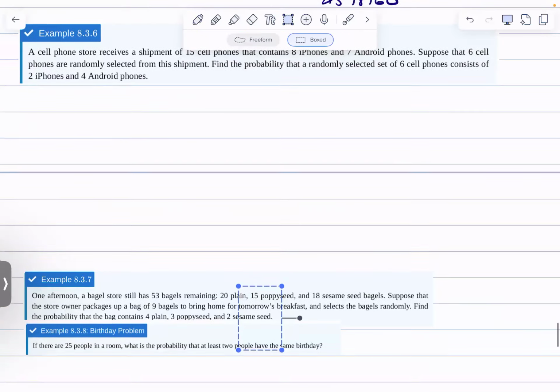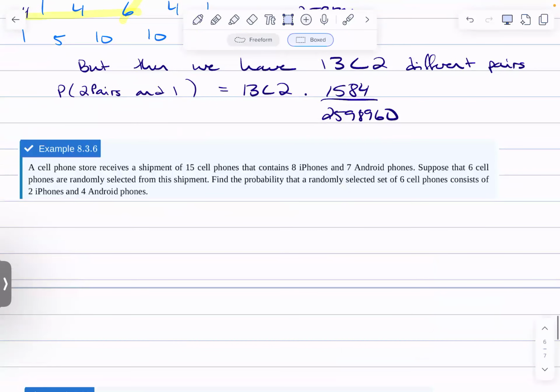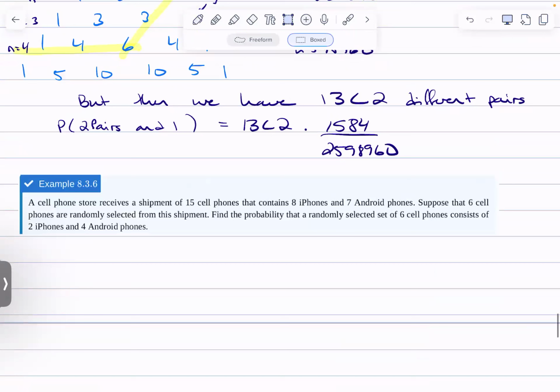The birthday problem. Have you guys heard about the birthday problem before? No. So, spoiler alert, in a relatively small group of people, the probability that two people have the same birthday is actually quite high. Oh, really? That's called the birthday problem. Why is it a problem? Can't we all just celebrate that we have